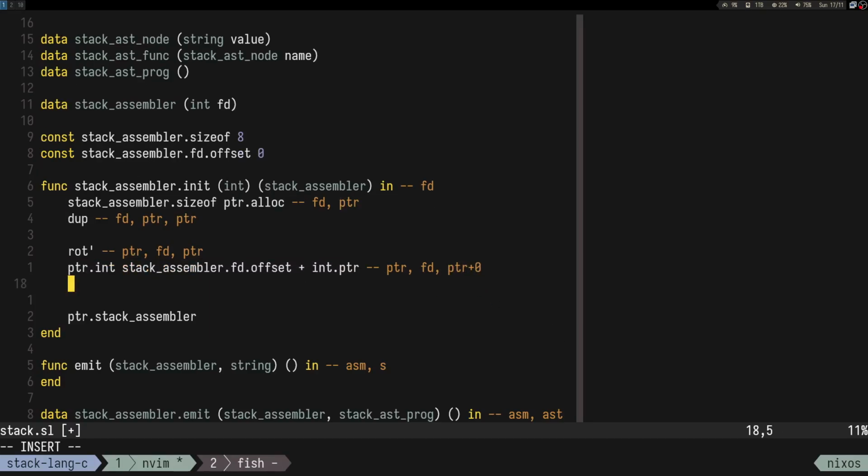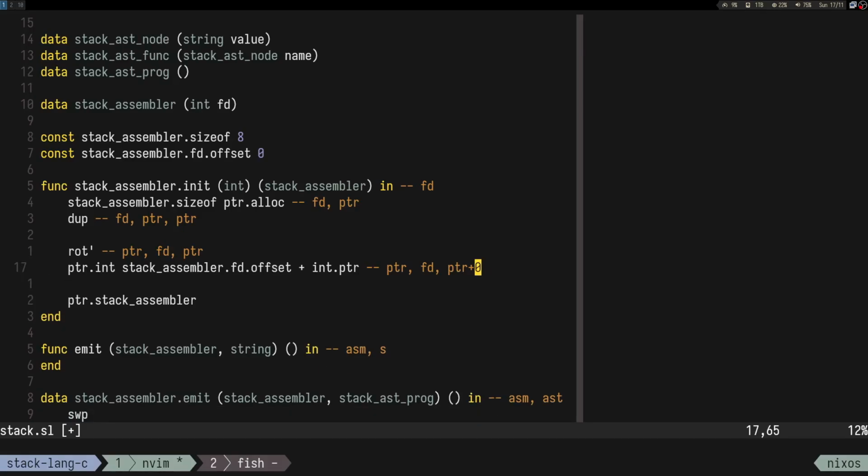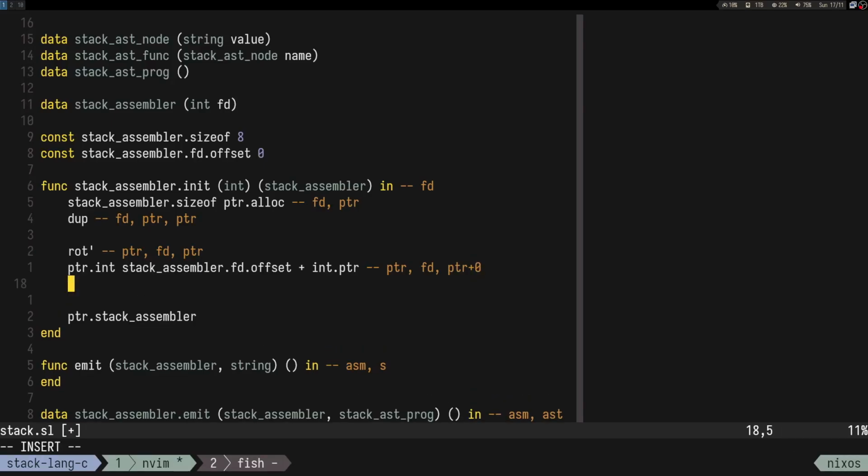And you know, again, the only data type we have plus for is the int data type, so that's the main reason. Anyway, let's continue. So what we have to do next is to swap these two, right? We swap. So now we have the pointer plus 0 and fd,